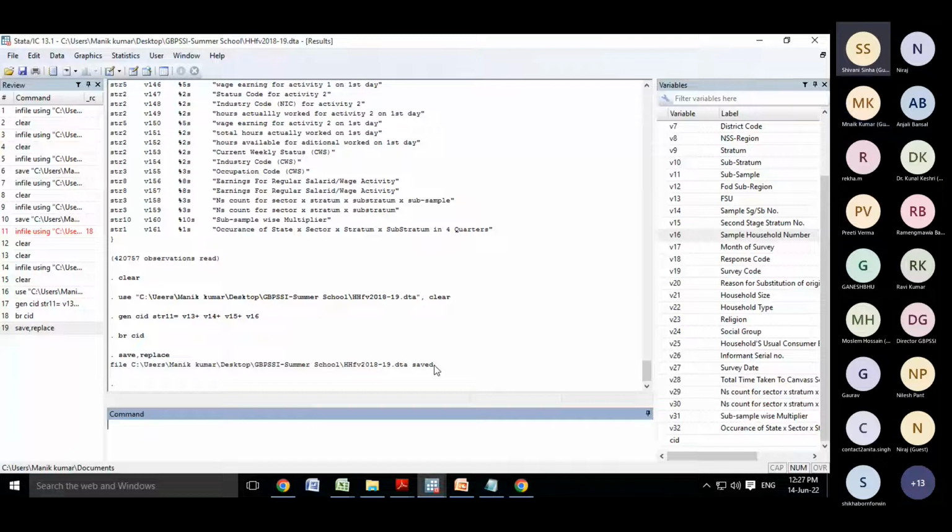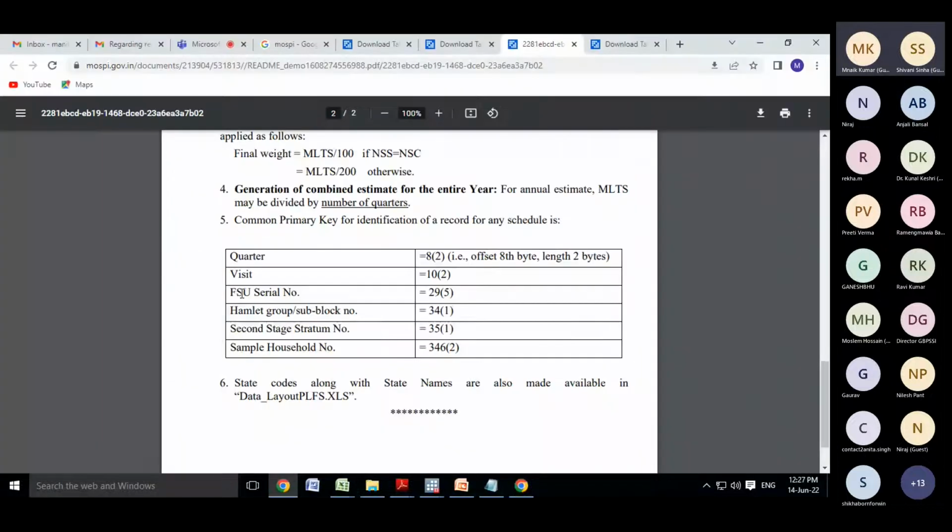Because there are nine digits. NSS instructs us to create the CID using these four variables. First, the FSU serial number, then the sample, stratum, and household number. Yes, nine length, or 9 digits, we have, but